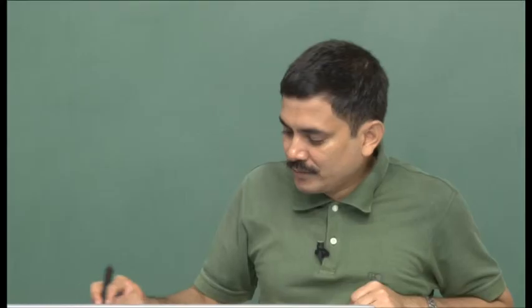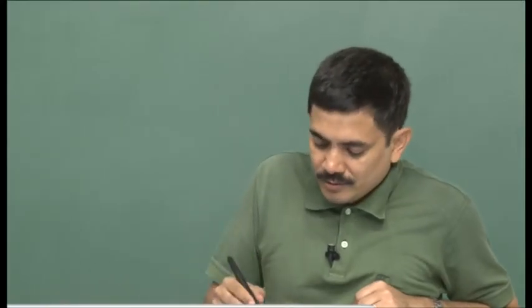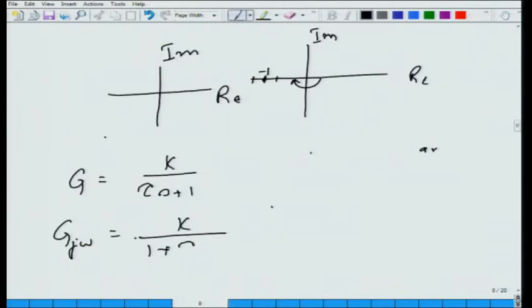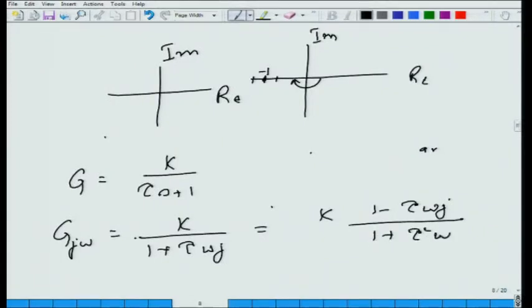If you look at a transfer function that is first order, so let us say your transfer function is G is equal to k over tau s plus 1, then G j omega will be equal to k over 1 plus tau omega j, and then if you multiply by the complex conjugate of the denominator, what you will get is k times 1 minus tau omega j divided by 1 plus tau square omega square, and of course, k is multiplying everything,